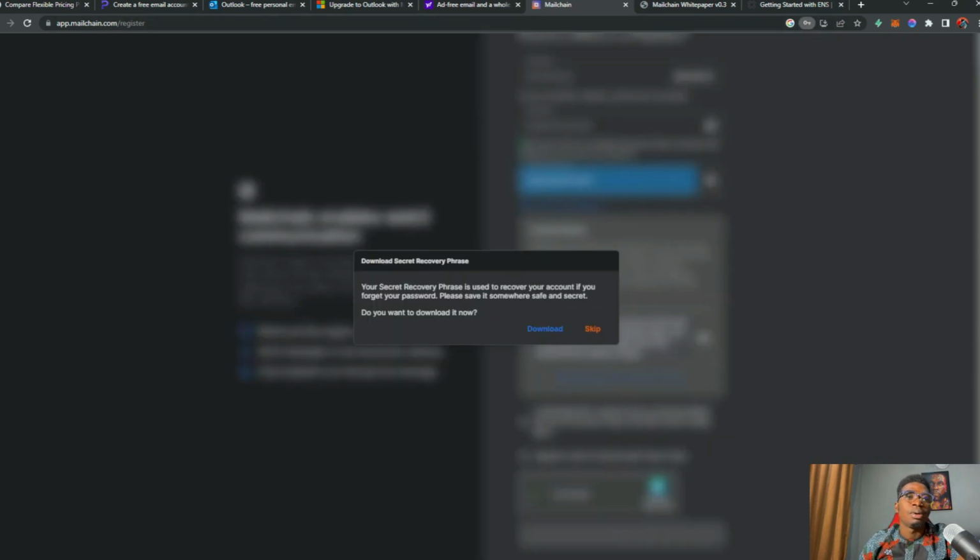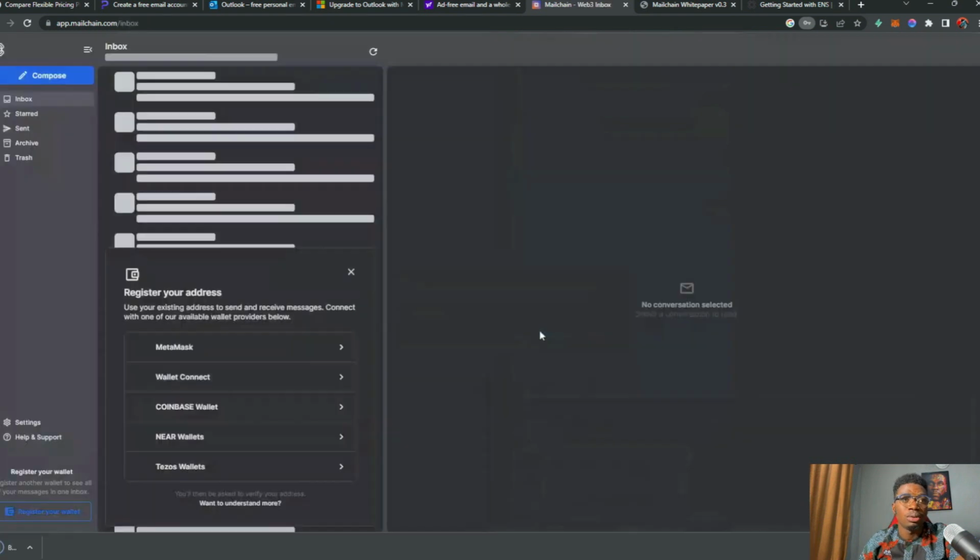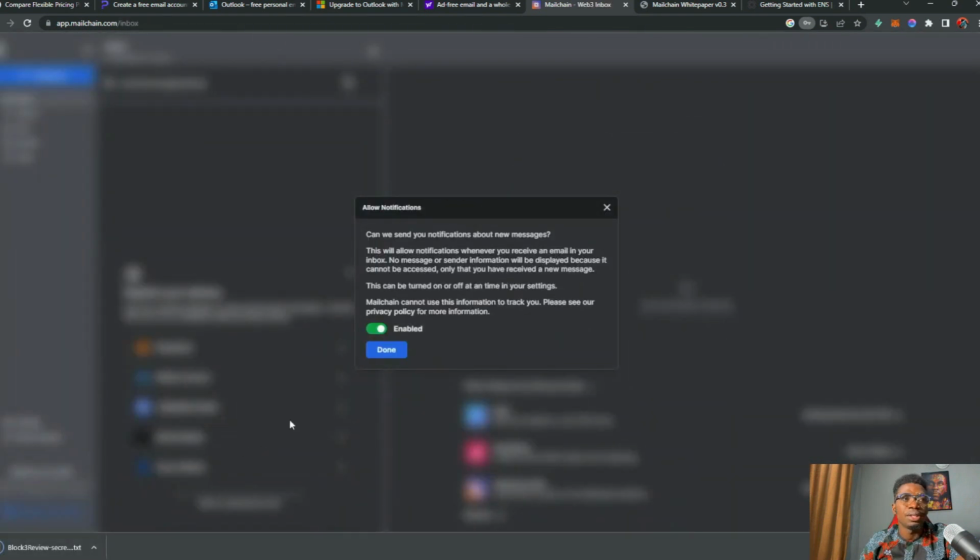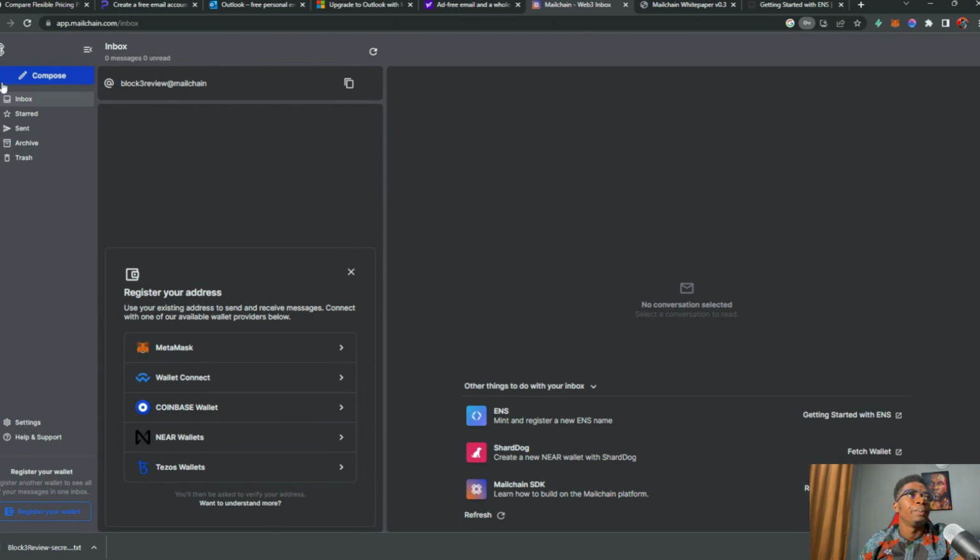Since I've downloaded my secret phrase, you can download it if you haven't done that initially, like I did earlier. You just click download and you can save it in text format. You need to allow notifications, so when you get notified, you can see that. So basically this is what you get out of the box when you create a new account. You can see it there, just like your normal